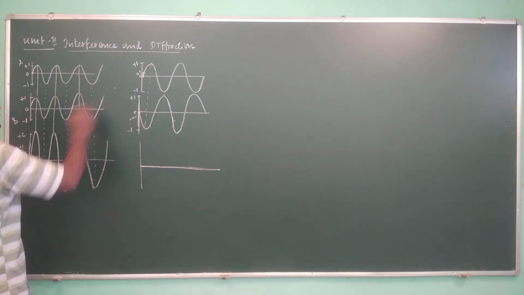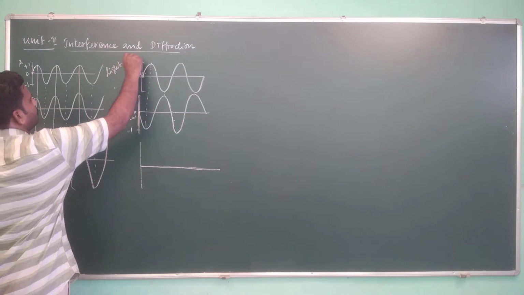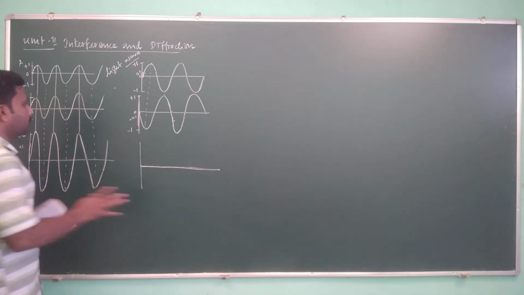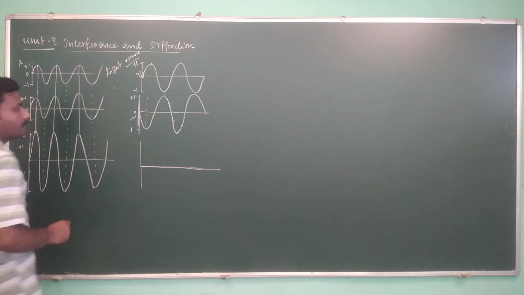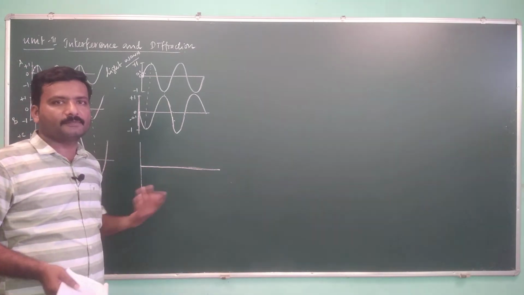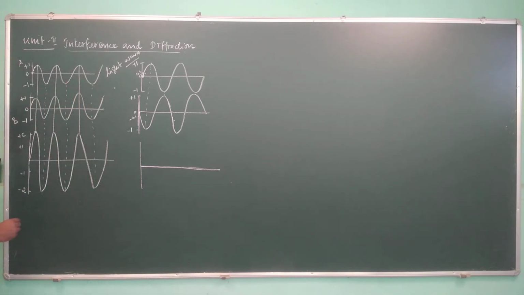Let's say this wave is a light wave. Two light waves of a particular frequency, both have the same frequency. The only thing is that the phase will be different. What happens? When these two waves are allowed to interact, the resultant wave shows different characteristics. This phenomenon of adding up the amplitudes of two interacting waves is called interference. And this interference can be classified into two cases.